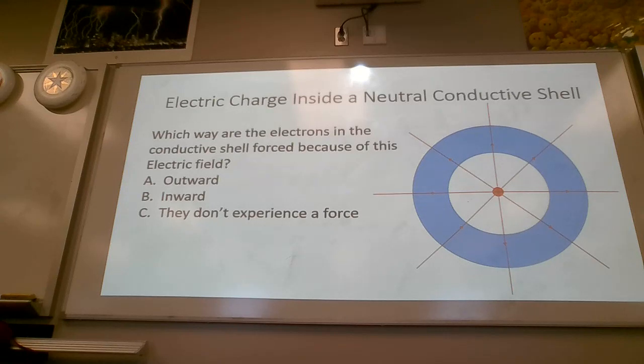That's not the whole story, but that is the electric field that that red thing produces, and it's going outward. So correct answer